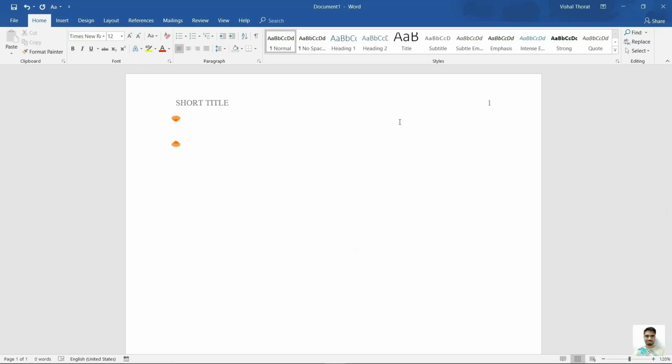Now you can get ready to put in full title of your paper. Press enter 3 to 4 times to reach to the upper middle part of your first page. Center align. Select bold and start typing full title of your research paper in title case. Press enter twice to leave a double spaced blank line. Deselect bold. Type full names of all authors of the paper.